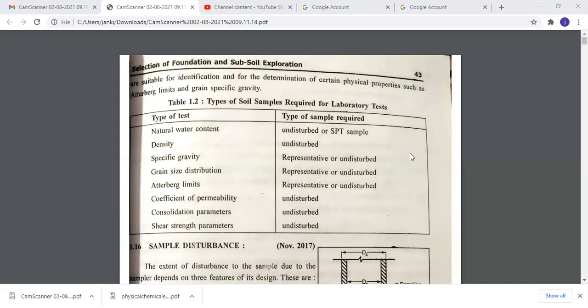What are the objectives of explorations, and what is the planning of subsoil exploration, which includes the depth of exploration and the lateral extent of explorations, right? And next, we saw that there are different stages in the subsoil exploration, right? First one is reconnaissance, second is preliminary explorations, and the last one is detailed explorations, right?